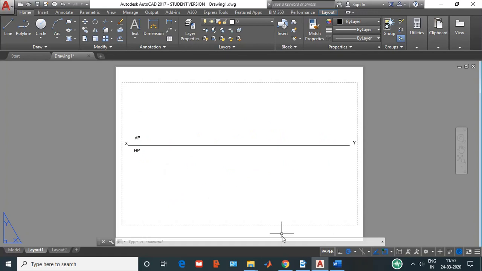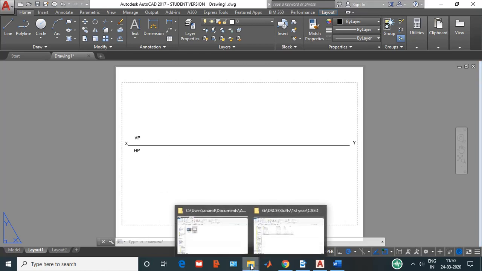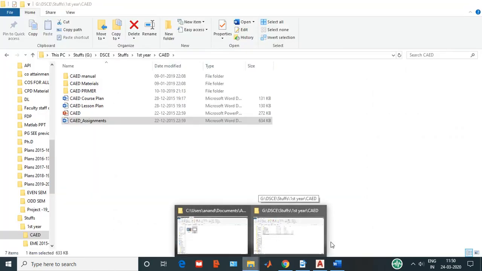Now it's a square prism whose base edge is 35 mm. Whenever the prism is resting on the horizontal plane, when looked from the top, you can see only its top face, like I have explained in the previous presentations.